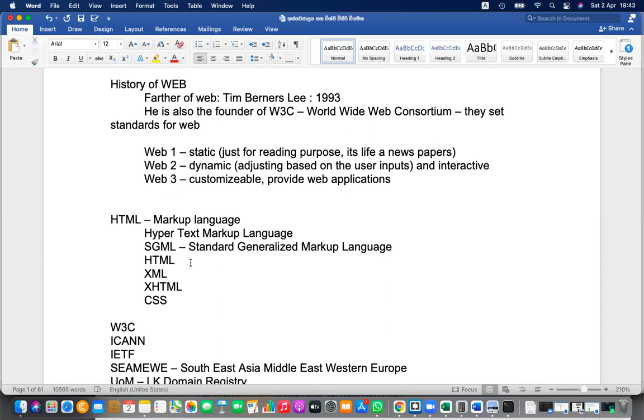It is how HTML began. Actually, SGML was the basis. SGML can mark up. We will learn about markup languages and how they work. From SGML, HTML was created. And there was another one, XML, which means extensible